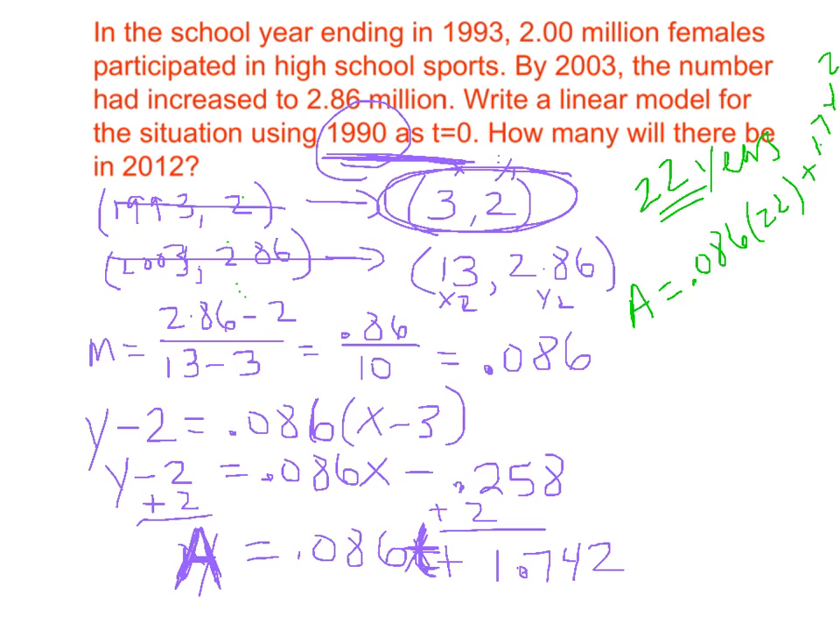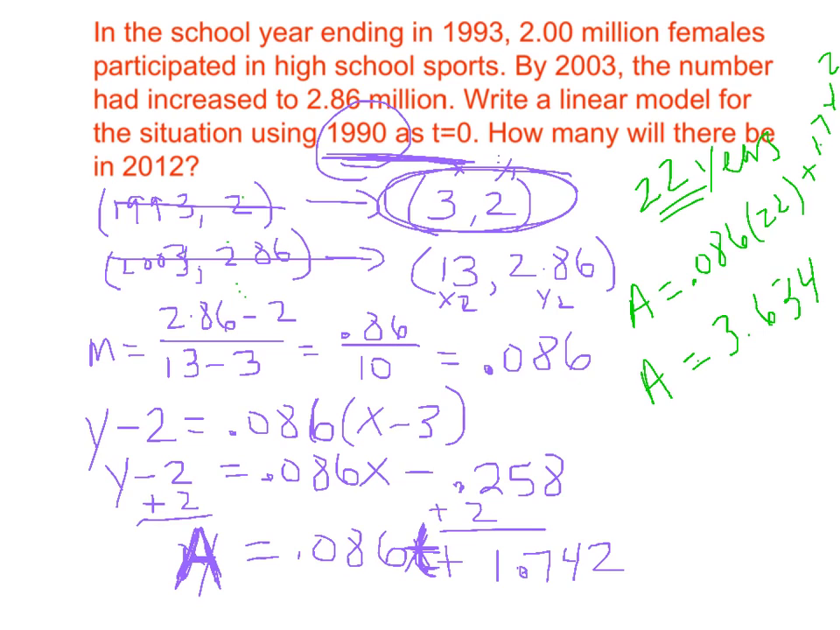So if we type that in, here you'd want to use a calculator, so we'd have 0.086 times 22 plus 17. Whoops, just kidding. Let me try that again. We got 0.086 times 22 plus 1.742, which gives us A to equal